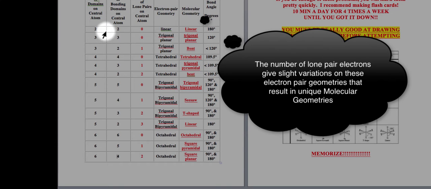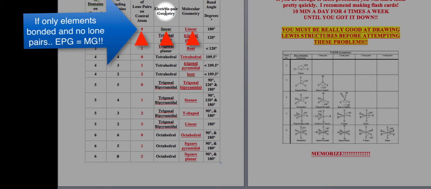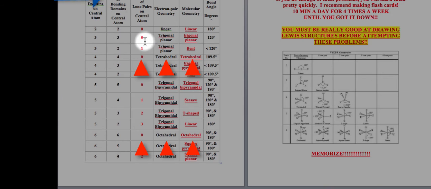So you can see that anytime your number of domains is all accounted for by bonding domains, meaning there's 0 lone pairs, your electron geometry will be the same as your molecular geometry. So 0, linear, linear. 0, trigonal bipyramidal, trigonal bipyramidal. Okay? It's only whenever we get numbers of lone pairs that it differs. So looking over here,